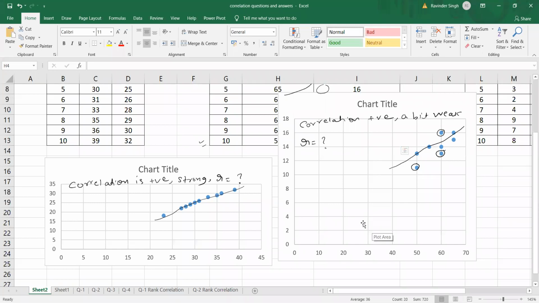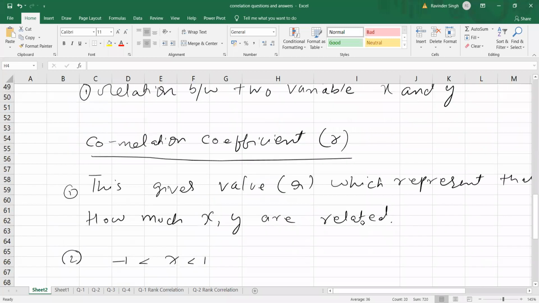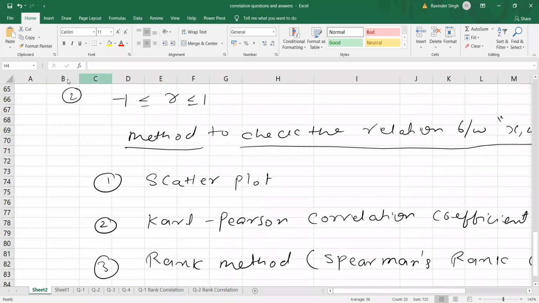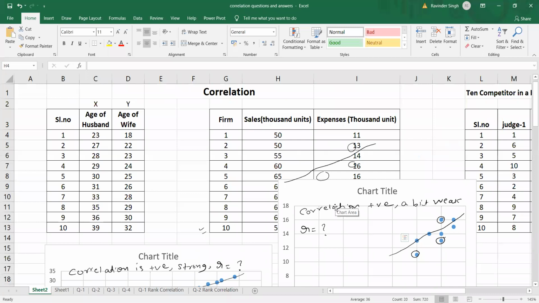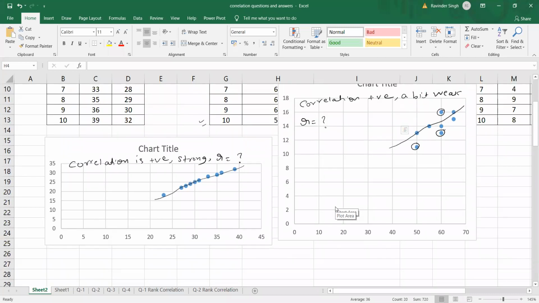All right. So the first method which I was speaking about is that we can check the relationship by drawing the scatter plot. For any kind of data you have, the first thing we will do is plot the scatter plot and check whether the correlation is positive or negative, whether there is any correlation or not, and whether it is strong or weak. Now one question is still unanswered from the scatter plot: what is the correlation coefficient R value?